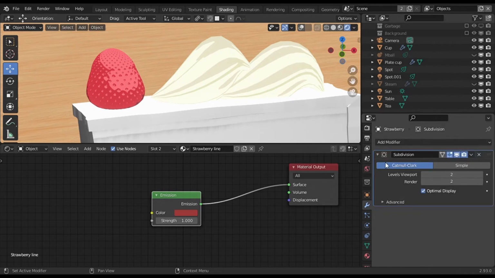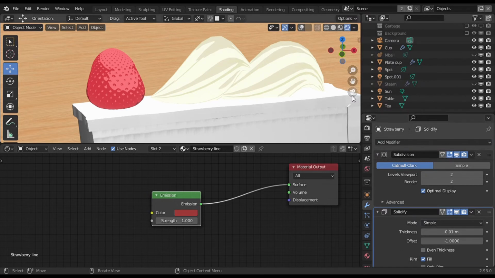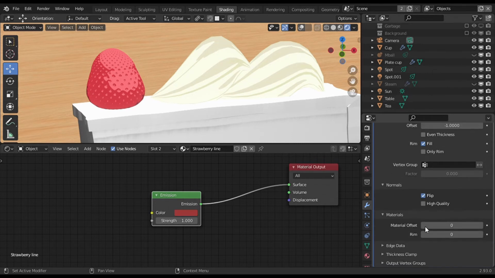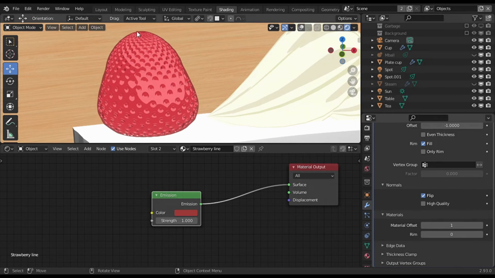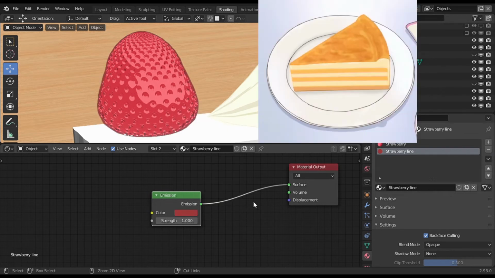Now a solidify modifier to make the outline. And here's our outline. You can choose black as an outline color, but outlines are not always black.